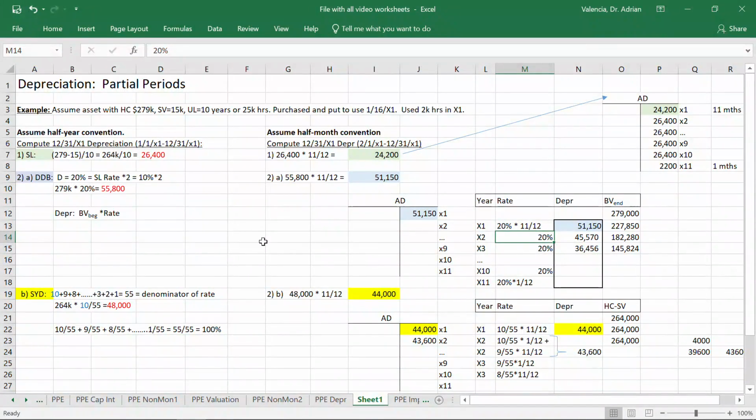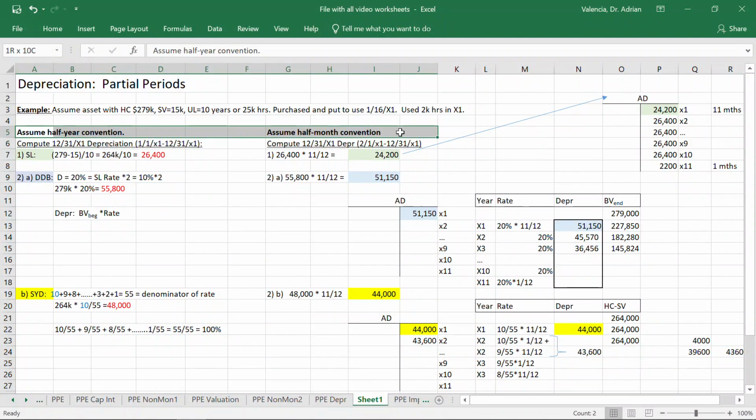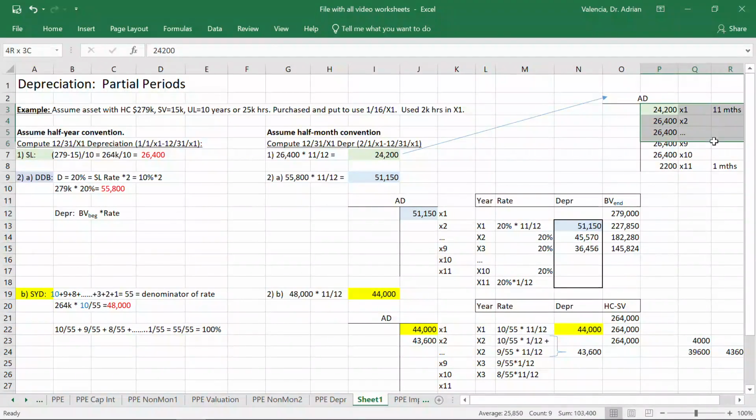Okay, so to recap, when you have partial periods, it could be due to a half period convention. It could also just be because you put it to use at some other date. But it doesn't matter how it arises; you just simply do that partial period. Not a big deal, right? But make sure that you track it: if this is an asset that has 10 years, make sure you depreciate over 10 years. If it's per month, you're going to depreciate over 120 months, right? 10 times 12, 120. So in here, I better see 120 months in total,